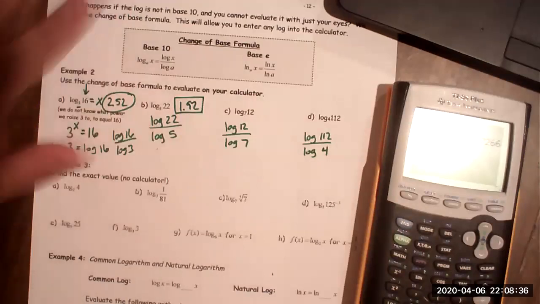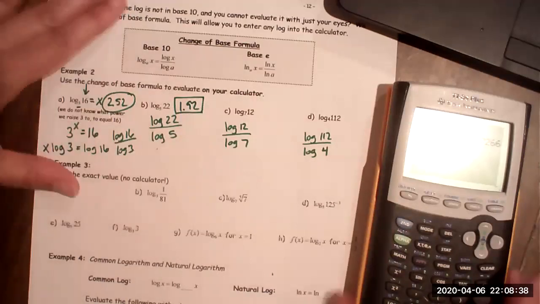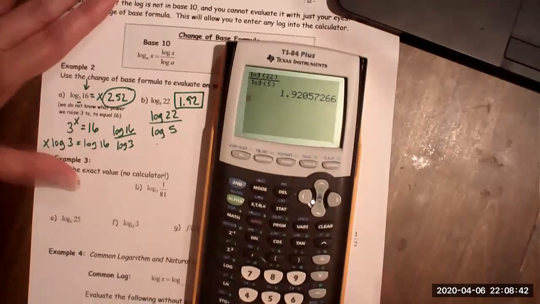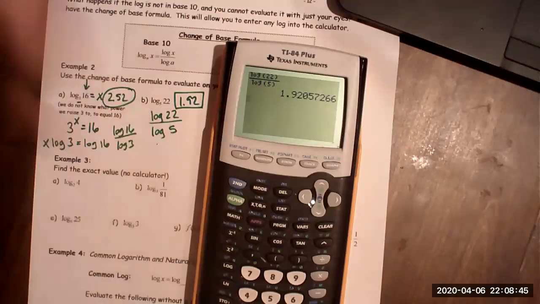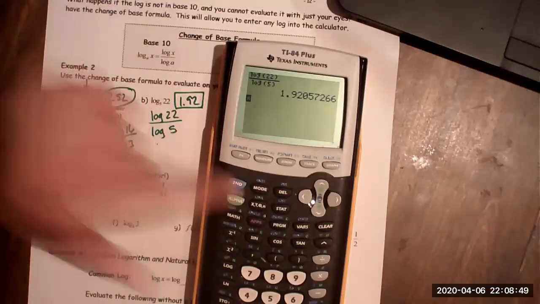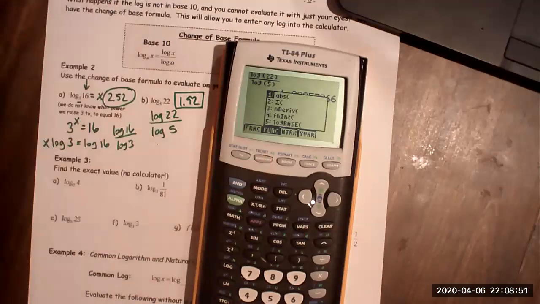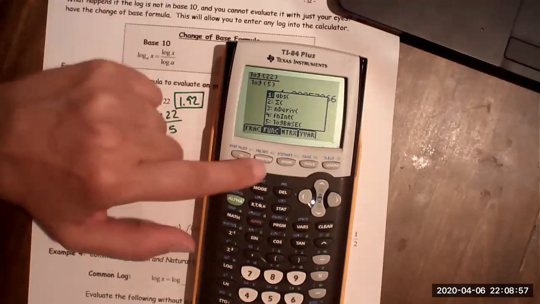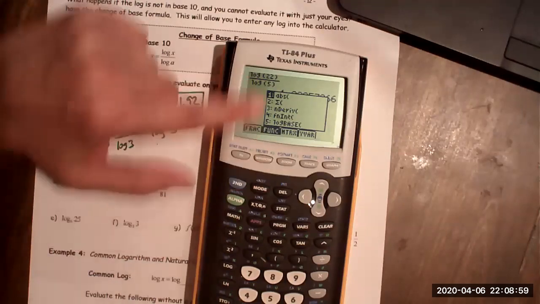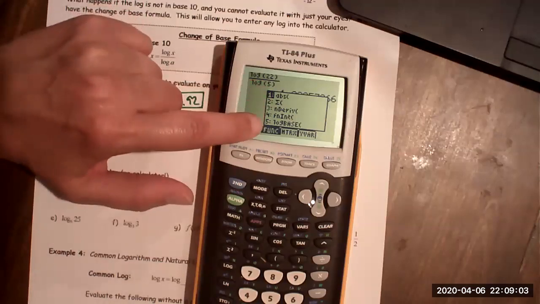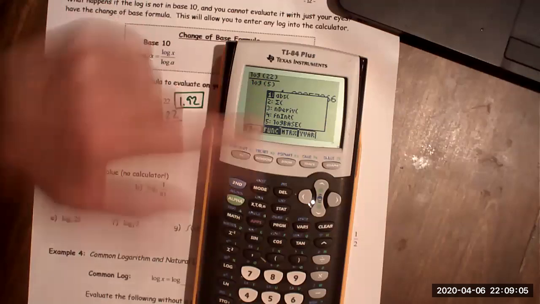All right, I want to show you a shortcut. Your calculator, because we're fancy now, has a button that will actually do this. If you hit alpha and then window, this screen right here comes up. If you look down here at number 5, alpha window number 5, choose number 5,